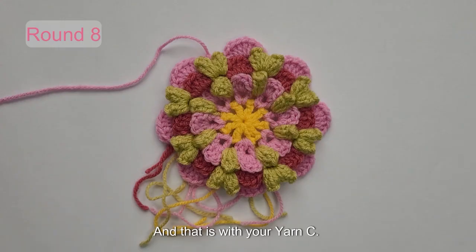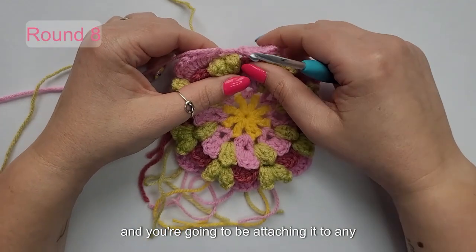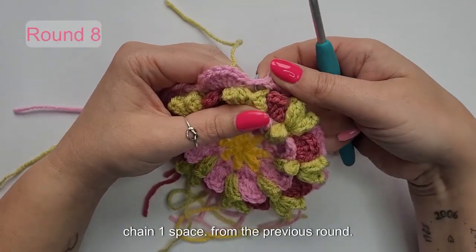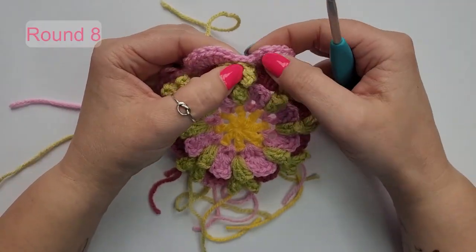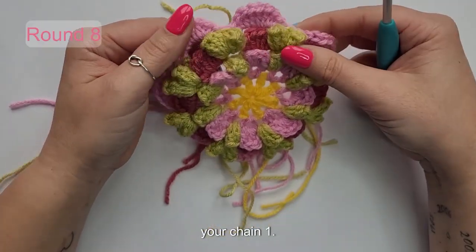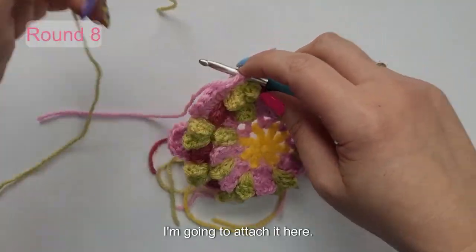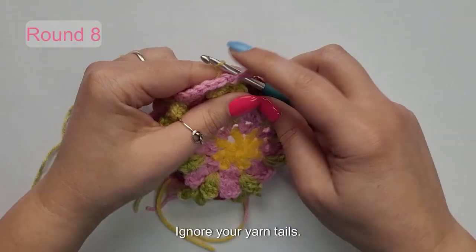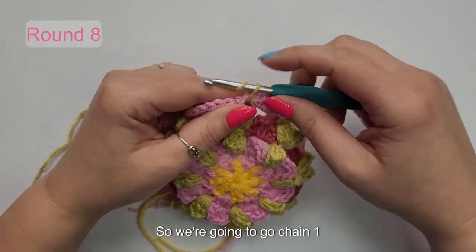C. So for this flower it's your celery, and you're going to be attaching it to any chain 1 space. So from the previous round, so you did your petals, you did your double crochet and you did your chain 1, so you can attach any chain 1 space. I'm going to attach it here. Ignore your yarn tails. So we're going to go chain 1,